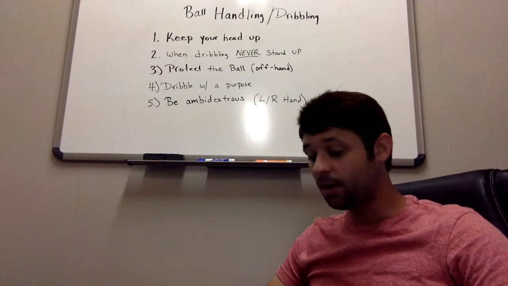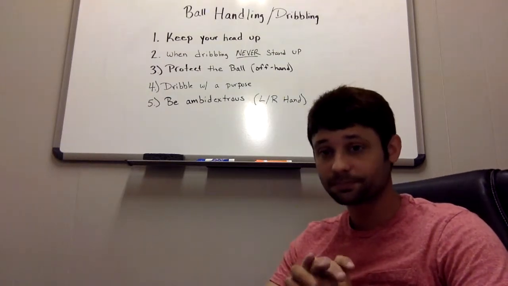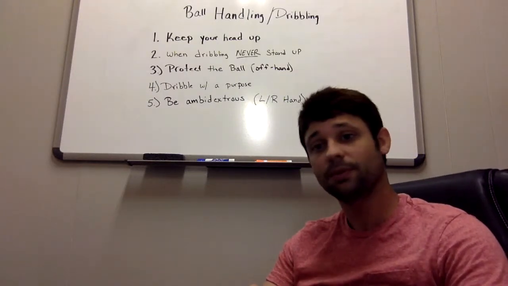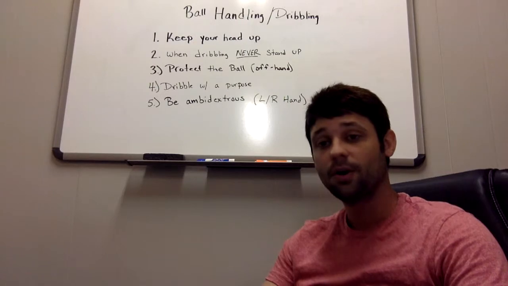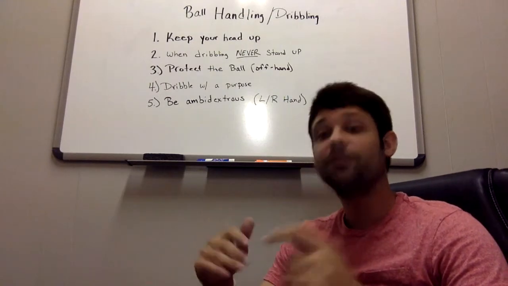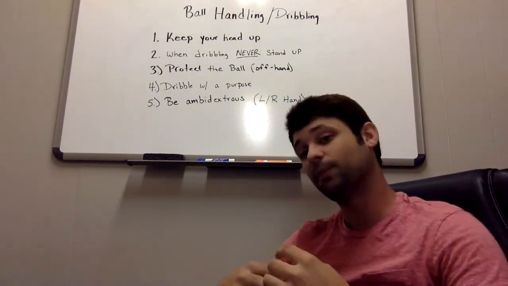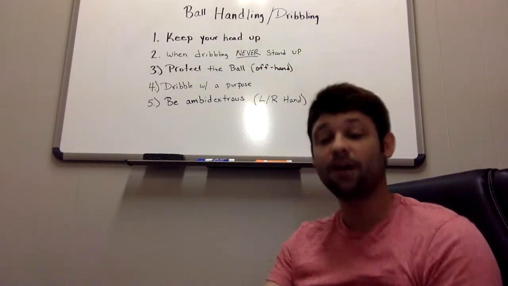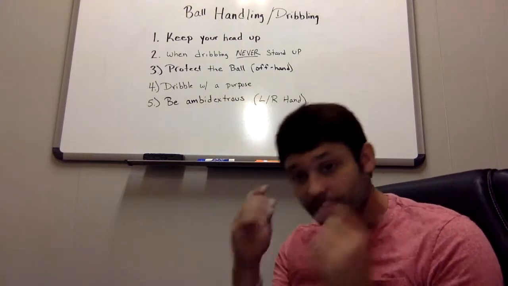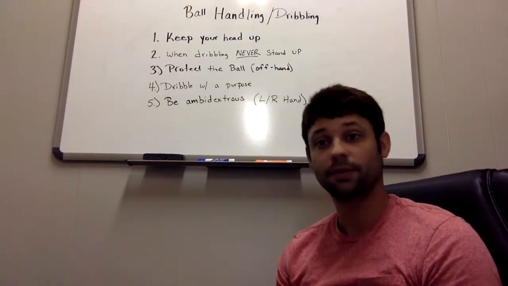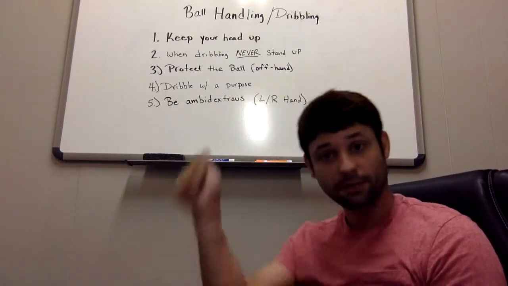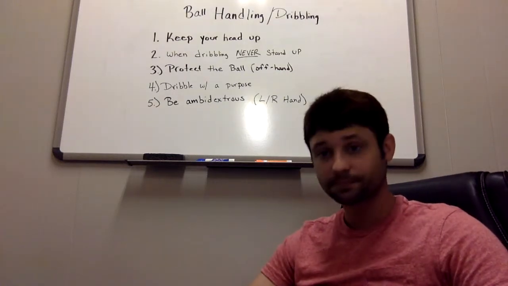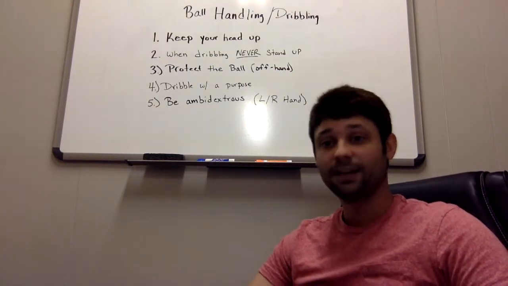So obviously, always, especially if you're teaching young children, teach them to be ambidextrous, to dribble with their left and right hand. The more they dribble with that offhand that they're not used to, the more confidence they get in their own abilities. Then when it comes to teaching layups, they've used that offhand so much dribbling the ball that they'll have confidence to shoot layups with their non-dominant hand. So those 5 things right there, when it comes to ball handling, are so vital and so important when teaching this